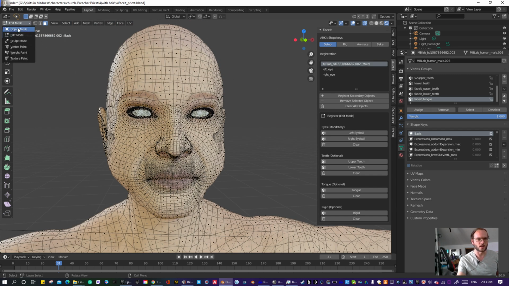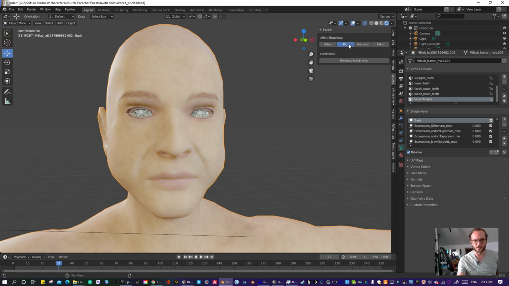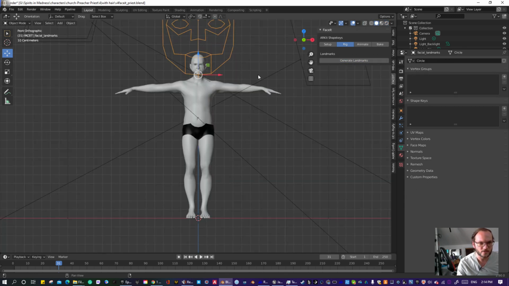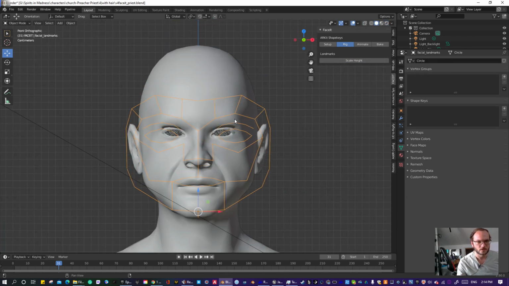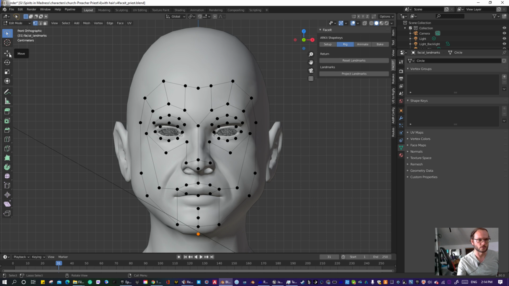So then we go back into object mode, and then we go to rig, generate landmarks. Then you align this to the bottom of the chin, and you line this approximately with the eyes, and then you want to go from faces to vertex selection, and you want to go to your move tool,